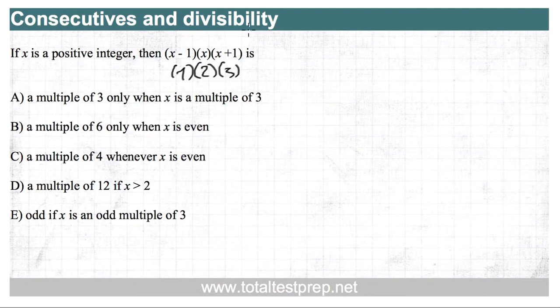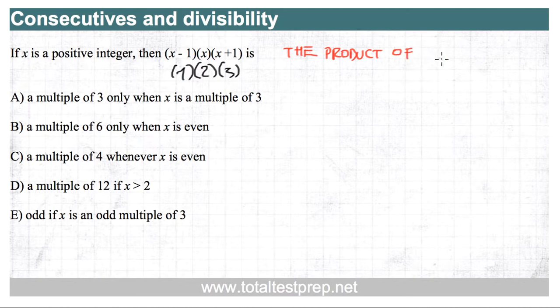So this is a divisibility question because we're dealing with multiples and odd and even within the context of consecutive numbers. Whenever you have a question dealing with consecutives and divisibility, there's a very helpful rule to remember. It sounds a little complicated, but it's going to become much clearer with an example or two. So the rule is the product